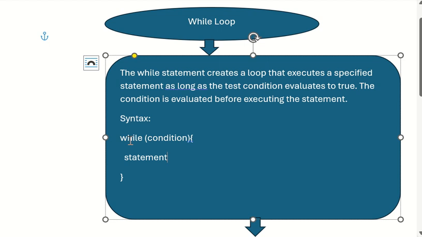So here what will happen: first the condition will be checked. If the condition is true, the JavaScript controller is authorized to enter inside the loop. As long as the condition is true, the while loop will be executed. What we are saying is,